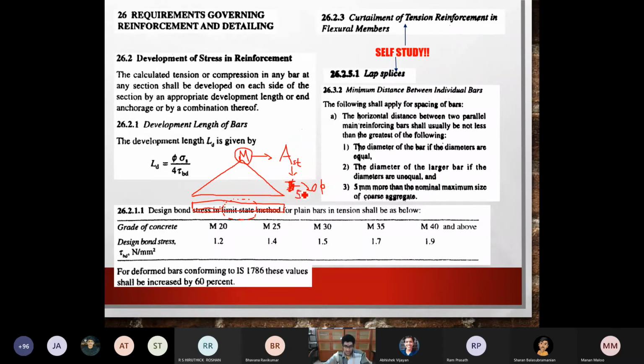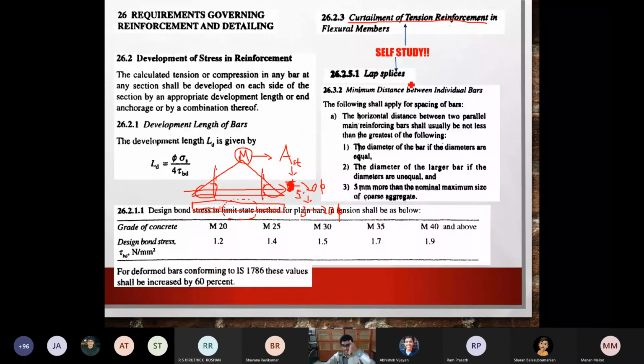5 bars of 20 diameter. Sometimes people will think, why give 5 bars of 20 diameter for the entire length, because there is not much bending moment in this region. So what they'll do is, let me stop some of my 5 bars within this region itself. For the remaining part over here and here, they will cut 2 bars, and beyond that you will have only 3 bars. After cutting 2 bars at this location, only 3 bars will continue till the end. That is known as curtailment of tension reinforcement.